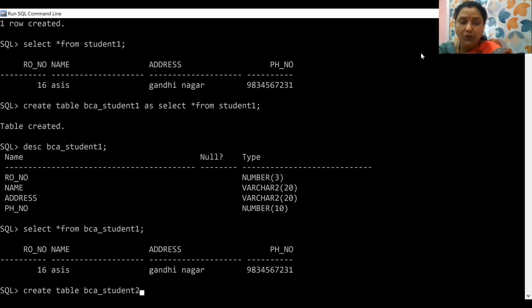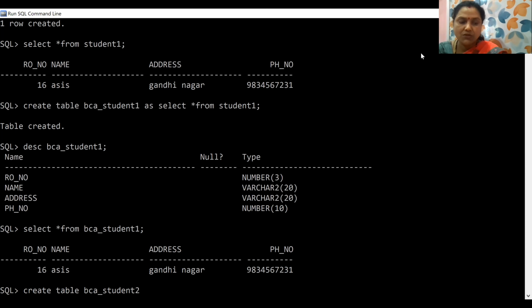Every time you have to use a new table name, because a table once created cannot be created again. If you want to use the same name for creating another table, it will show you an error. Got it? So you have to properly spell the name of the table. If you are writing a wrong table name, then it will be stored wrongly, so you cannot remember it in the next option. So be careful for that.